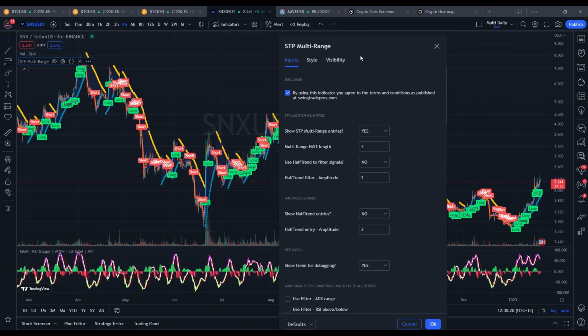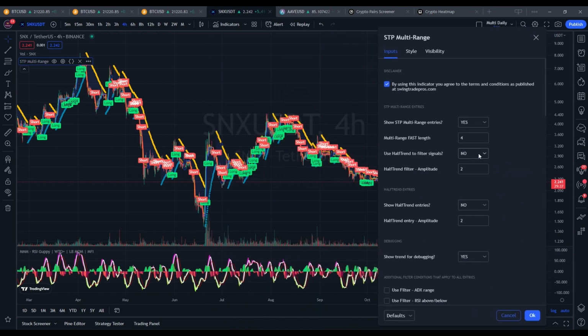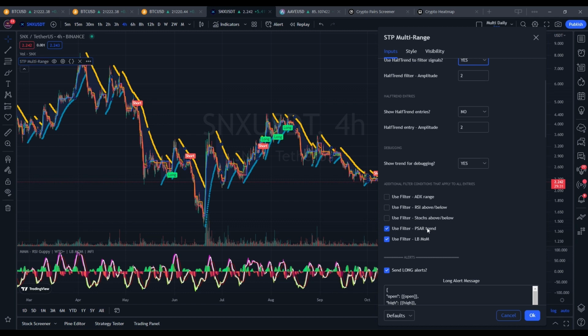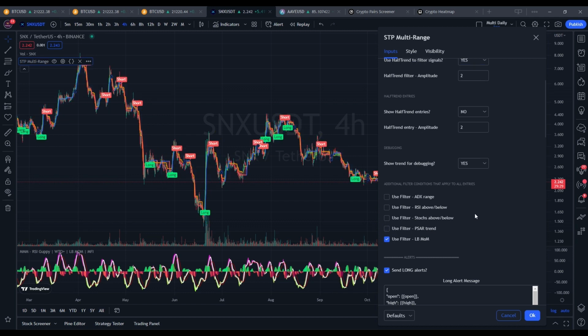So we can smooth a lot of these trades out if we want to as well. We can start off here by using half trend for confirmation. If we're doing that, we might not necessarily want SAR for trend confirmation, whether or not we want laser bear momentum as well. I quite like it. Might not get as many trades, but when you're in a trade, you're confident that you're